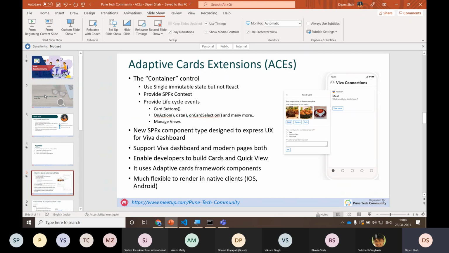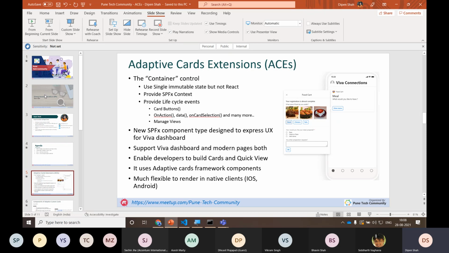It gives certain methods to handle lifecycle events, when we render the card or when we click on the card, what should happen and what type of view we need to display. We will discuss these methods in detail in the demo.